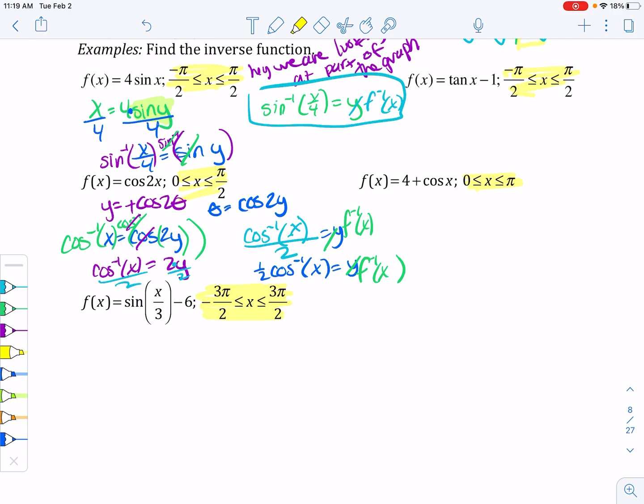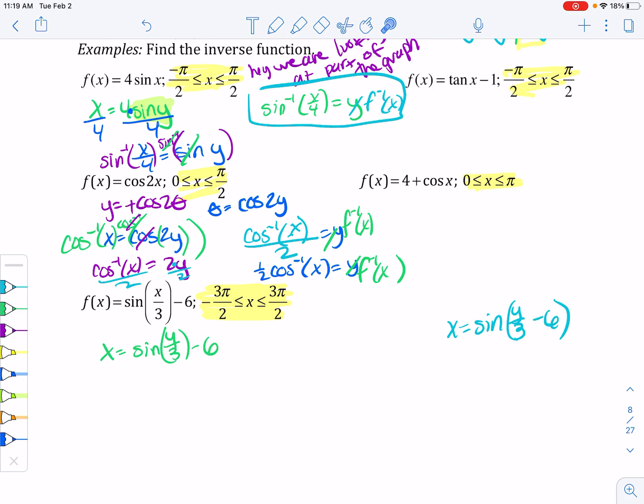Okay. So I'm going to switch my x and y. So we get x equals sine of y over 3 minus 6. I know this minus 6 is on the outside of the sine or cosine because my parentheses ended here. If I wanted it on the inside, it would have to look like this. Okay? And then we would go about this problem differently than this problem because this is inside the sine,